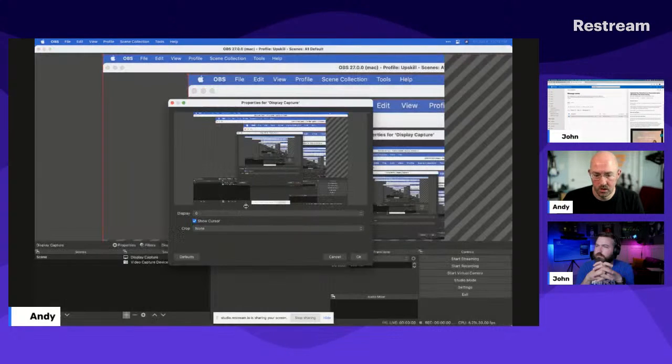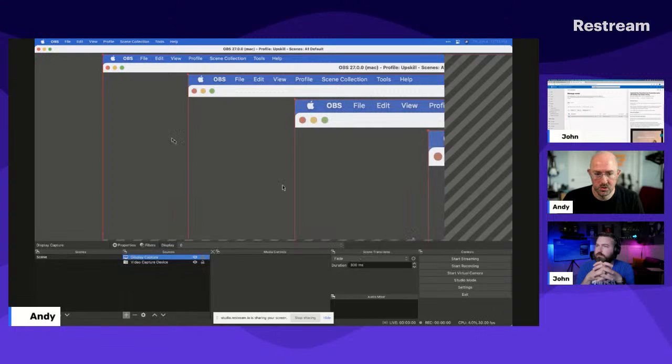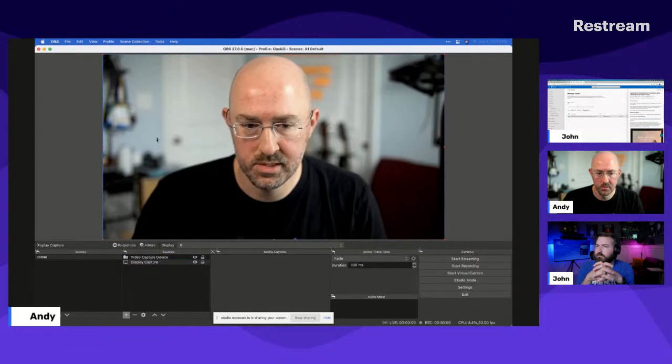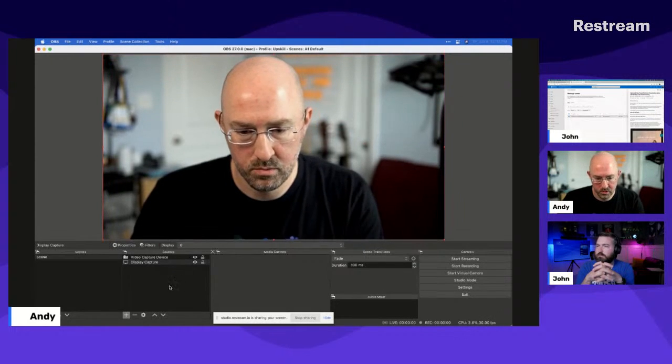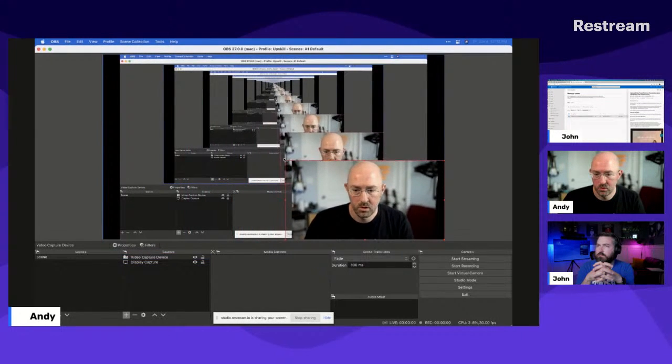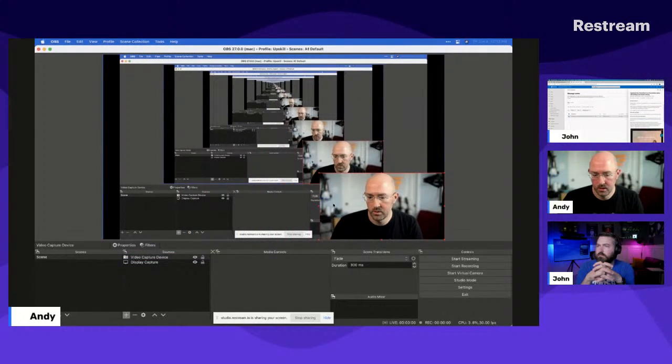It's going to ask me which one do you want, display 1 or 2. All right, so there's display number 2. I'm just going to very quickly transform this. All right, I'm going to change the order on this, and then I'm going to take Andy, and we're going to shrink Andy down. Actually, let me undo that video capture device. There we go. All right, and so I would shrink Andy down, and then I would go in